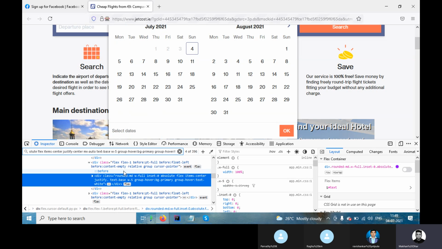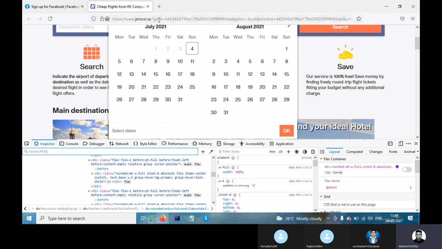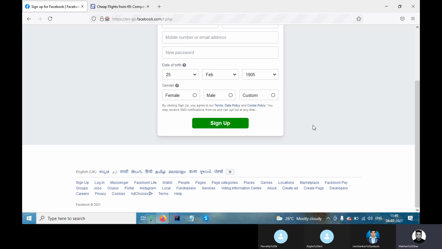So see, this is complex. Okay, using the select class is not a good approach. So I would suggest, instead of this, open any website, Flipkart, Amazon, any kind of airlines itself also, it will work. Okay, any airlines like any Indian flight service domain, you open and see. If you are getting a list for the drop down, just try to open and see whether it is working or not.